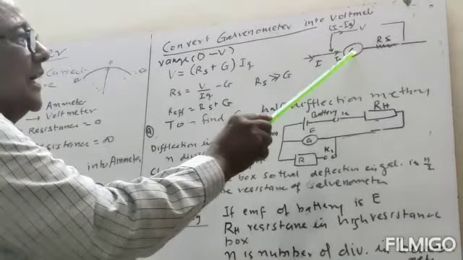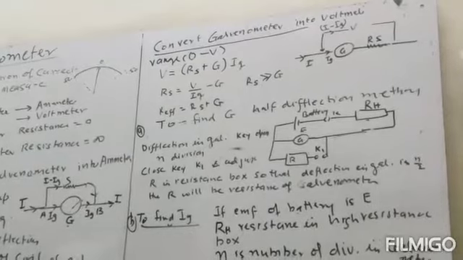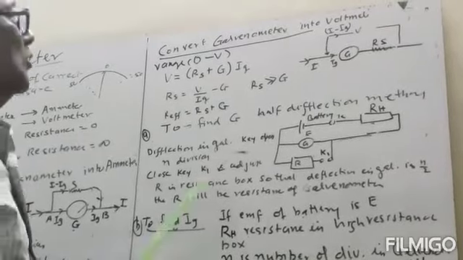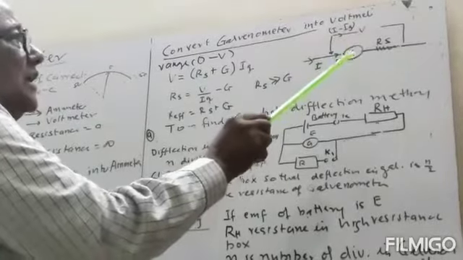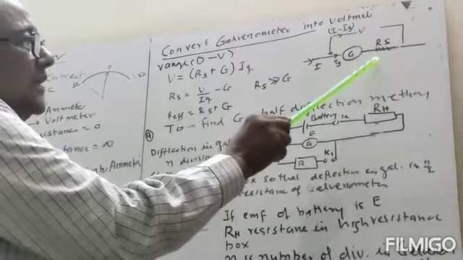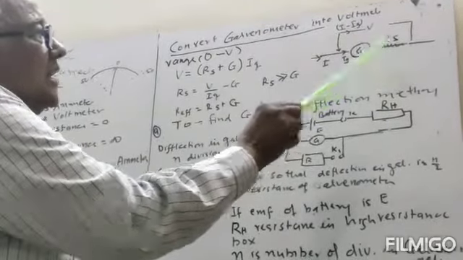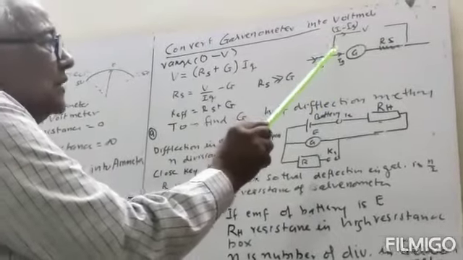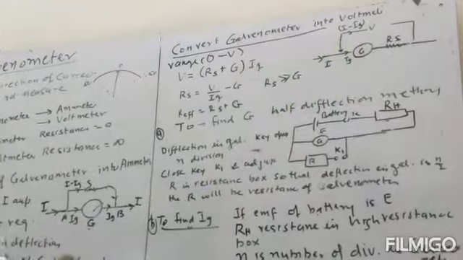So Ig current will pass through the galvanometer, then the deflection will be equal to V volt. So here the resistance of galvanometer is G. Rs is the series resistance, or high resistance connected in series, and the potential difference between these two terminals, terminal A and B,